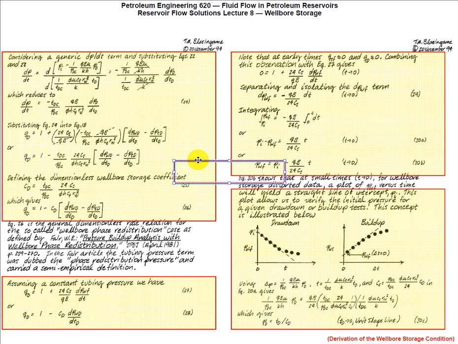So I'm going to start here, and you'll notice that I assume a constant tubing pressure, so that tubing pressure term went away. QD, gentlemen and lady, is just the sand face rate divided by the reference rate, or surface rate, so it would be equal to 0 if the sand face rate was 0, and so when we do that,